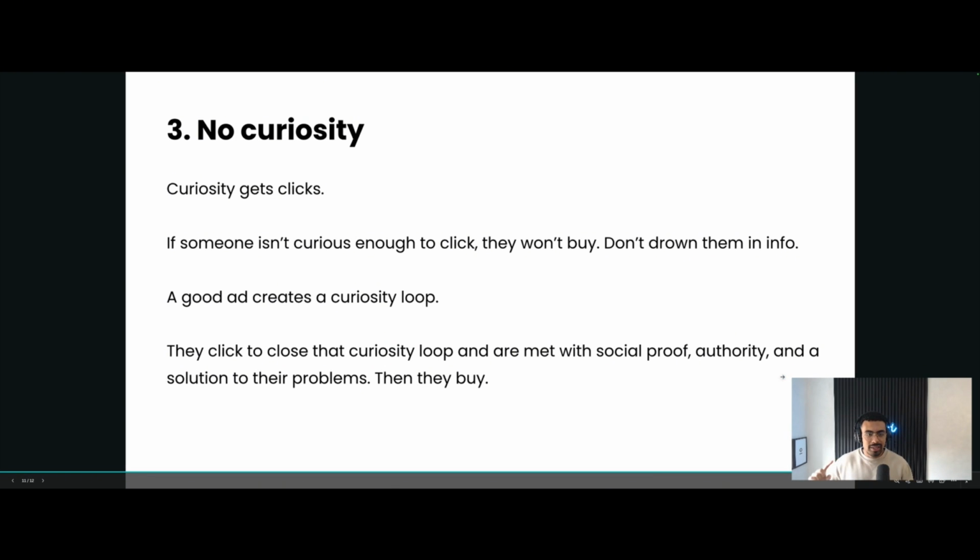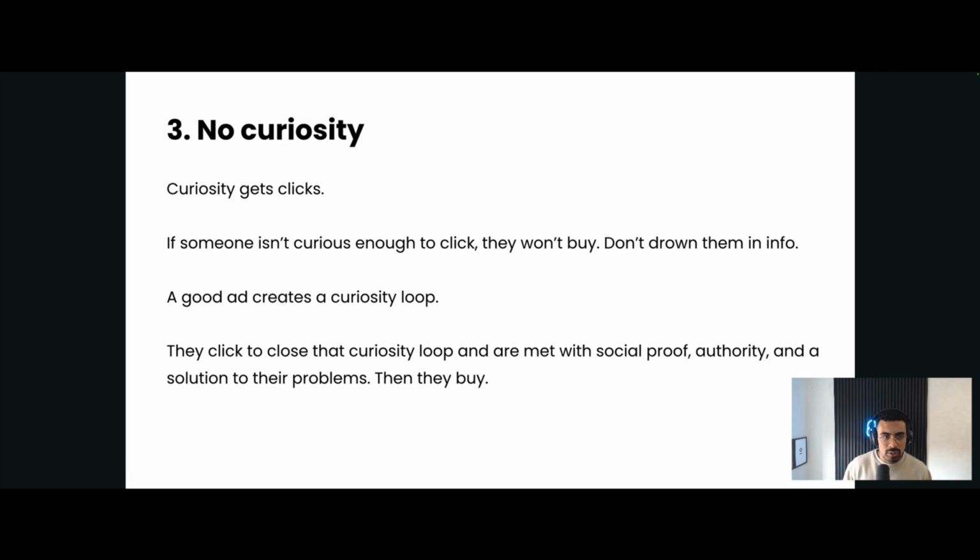Okay, so now let's say you've fixed your ad. You've done step 1 and step 2 to make sure that you've checked off those points. Your ad is specific and it touches on the exact buying triggers that your customers need to see, or the message that your customers need to see in order to want to buy from you. What is the third thing? That's curiosity. So if your ad does not create curiosity, you're always going to struggle to get sales.